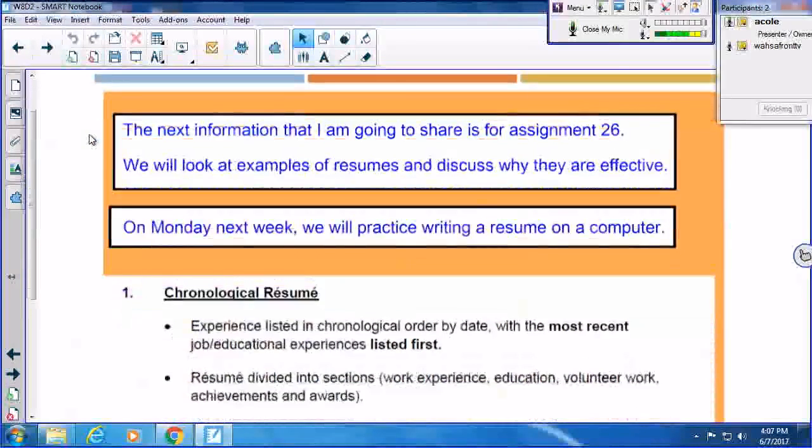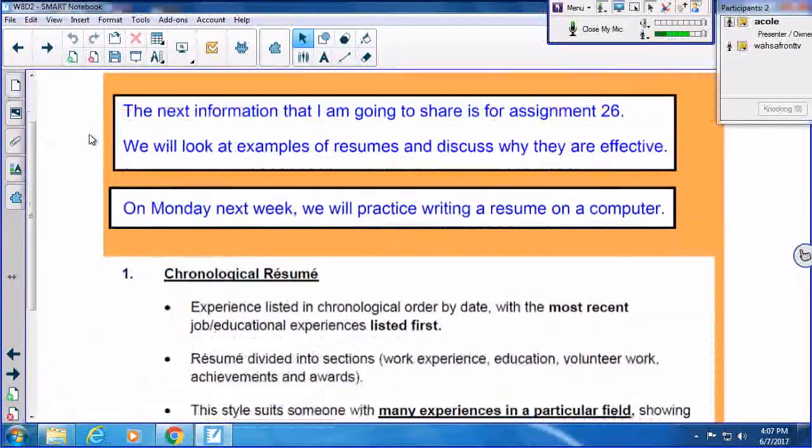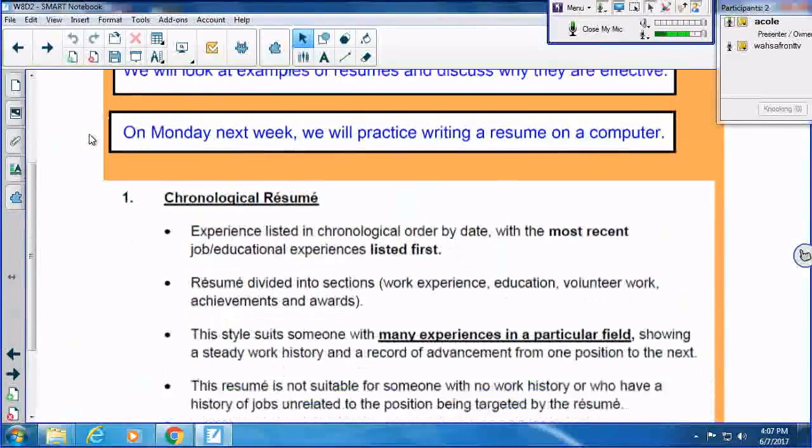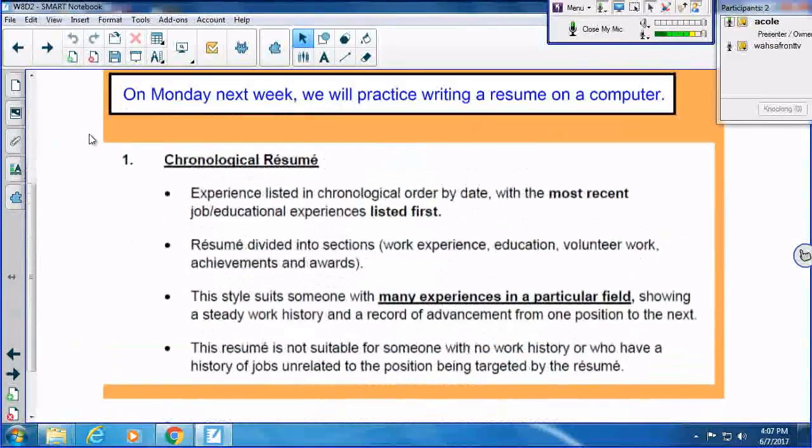All right, so the next information that I'm going to share is for assignment 26, and then we'll look at some examples and talk about why they're effective. And then next week we'll be practicing writing a resume on a computer. So the bonus materials that I mentioned at the beginning of class, you don't need this for this course, but I thought that some people would enjoy learning a little bit more about job searching.